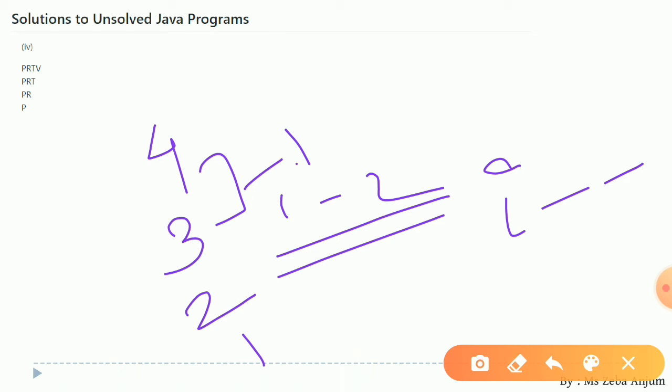Okay, you try this question on your own. The code is very simple. You just grab the ASCII value of capital P as well as capital V, and you try this question on your own. Okay, in case of any difficulty you can let me know.